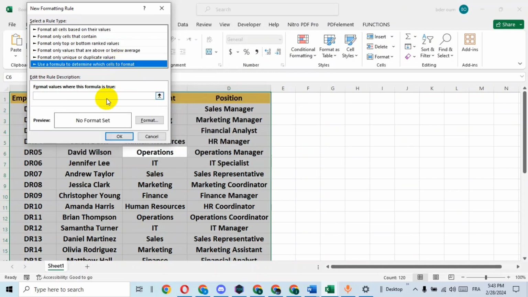In the formula bar, enter the formula that determines when the formatting should be applied. Equal OR open parentheses, COLUMN open parentheses and close parentheses again equal CELL, then open parentheses, then double quotation, col, double quotation again, close parentheses, then comma, ROW,